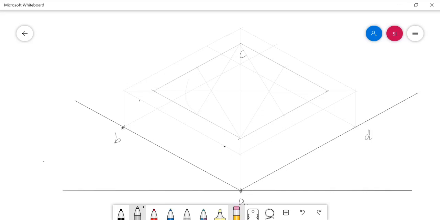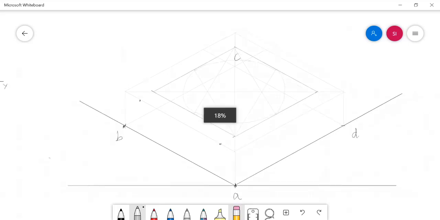So if you have doubts, you can refer to those. Just I completed the base of the frustum of cone, the circular base.